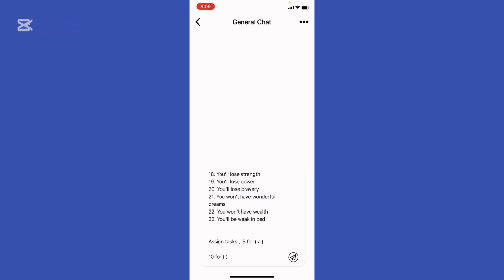By integrating Copilot AI into your daily tasks, you can streamline your workflow, reduce manual effort, and enhance overall productivity,